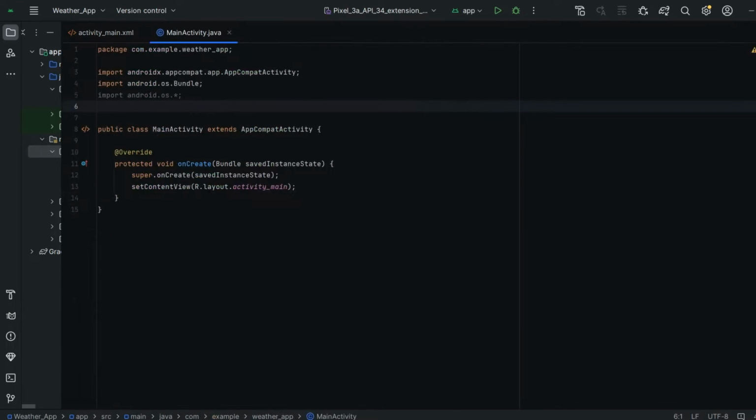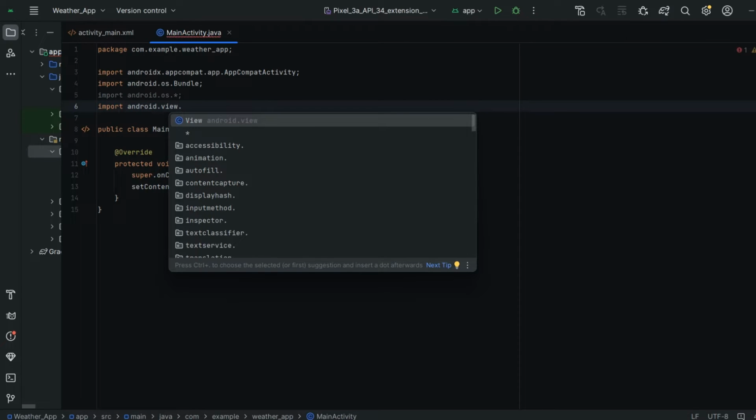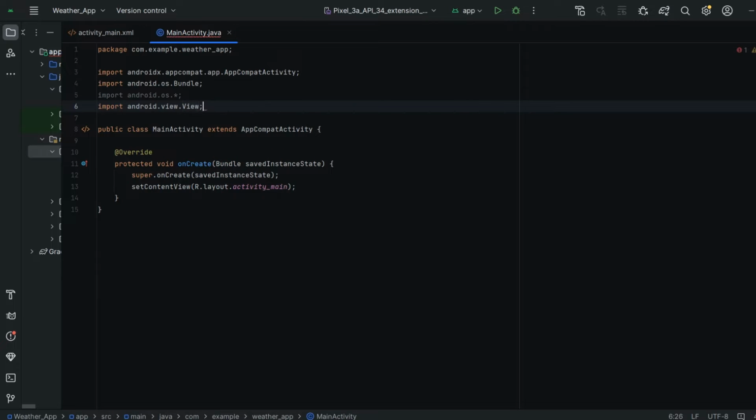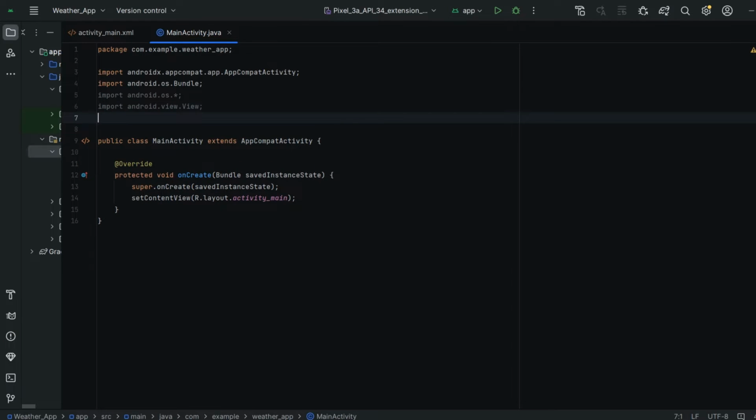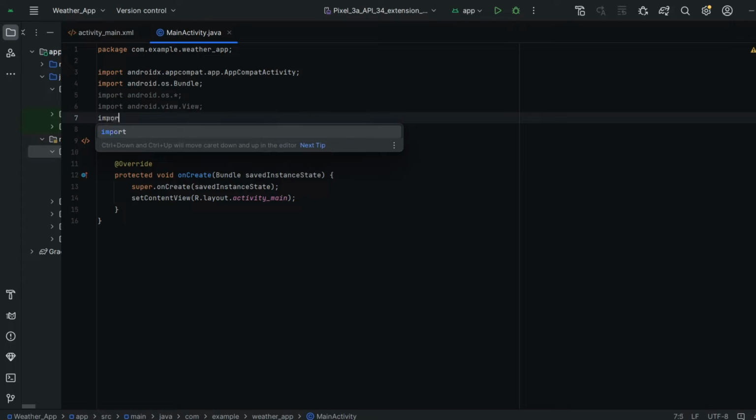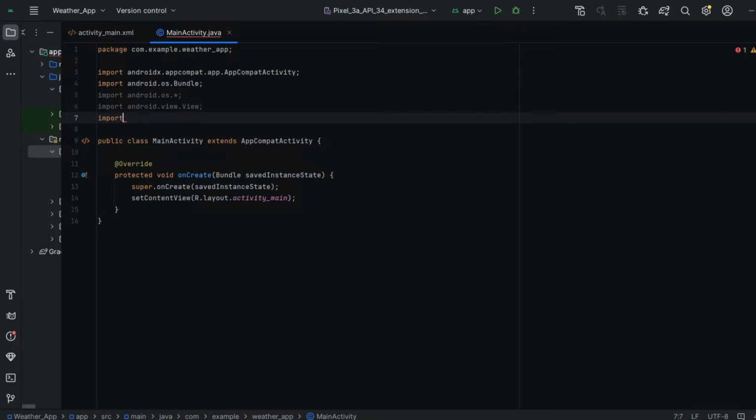So for handling those things in Java, we have to import android.view, guys. So we have to import those things, then only they will work. Otherwise your code will show errors, guys, because Java doesn't support those things independently. We have to import the packages for those purposes.